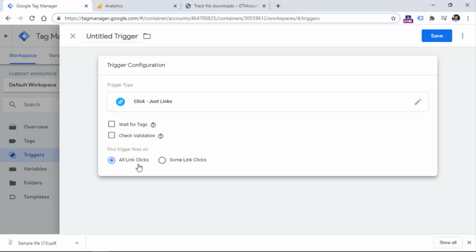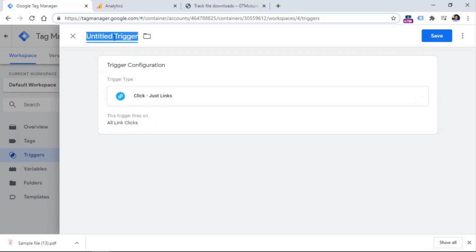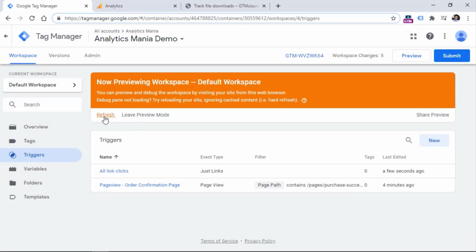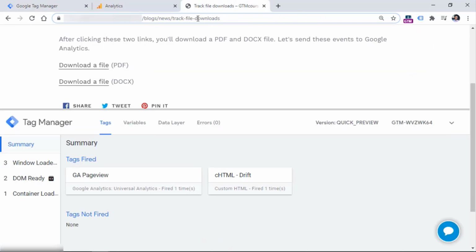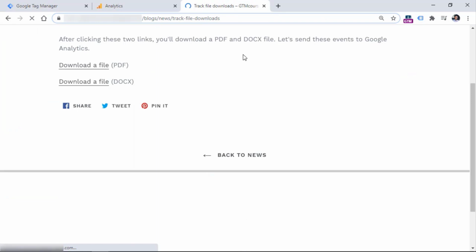So keep it as this. And then save the trigger. I usually call it all link clicks. Save the trigger. Now let's refresh the preview mode once again, then refresh the page where we are working on,